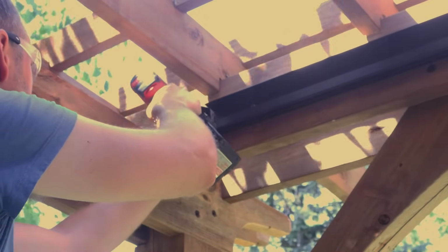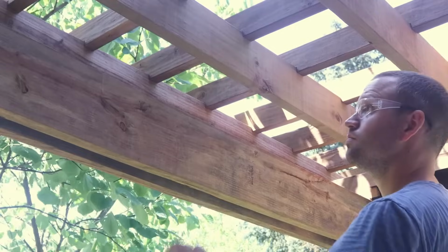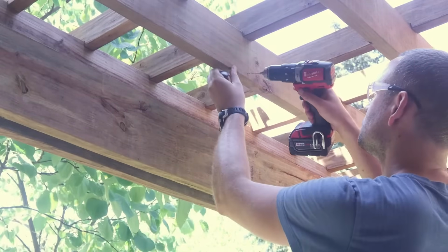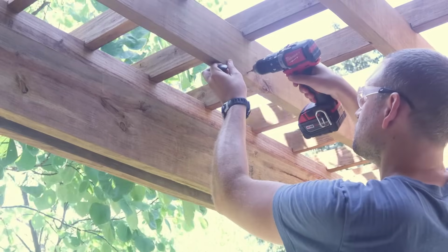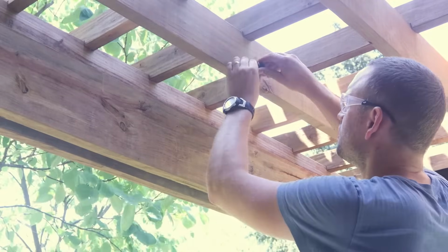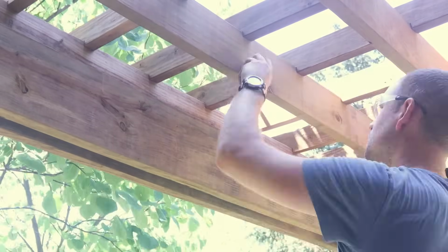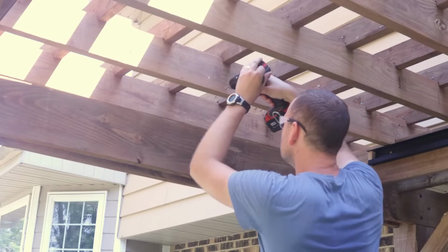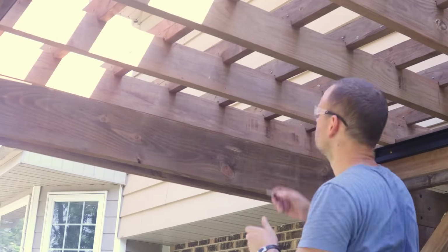To keep the end of the shade in place, we have included these knobs, which the rope at the end of the shade hooks to. Center the knob between the tracks and pre-drill with an 1/8 inch drill bit, then screw in the knob. Using the included pulling rod, hook the rope around the knob at the stationary end of the shade. Repeat this process at the other end of the shade's travel path,